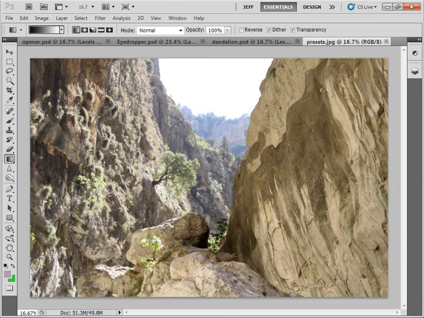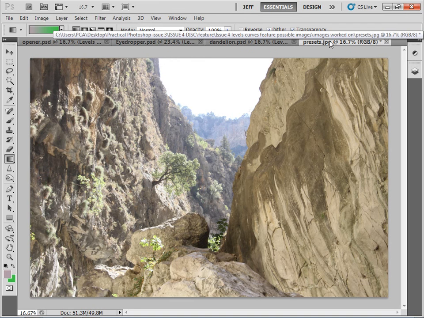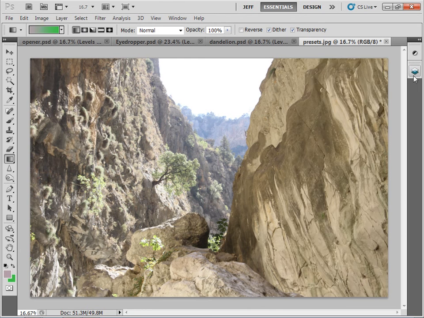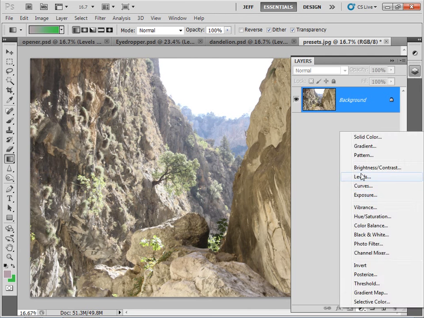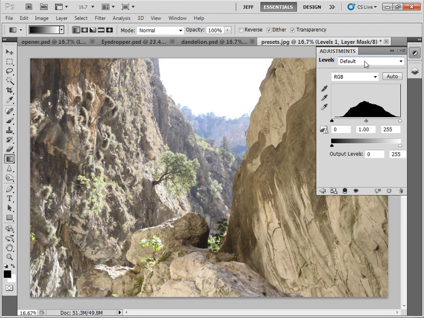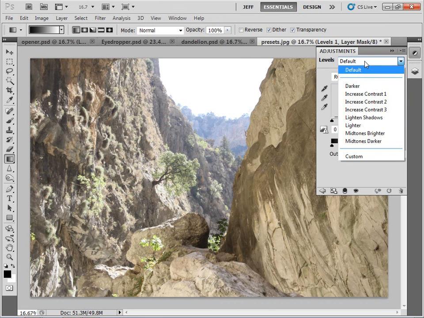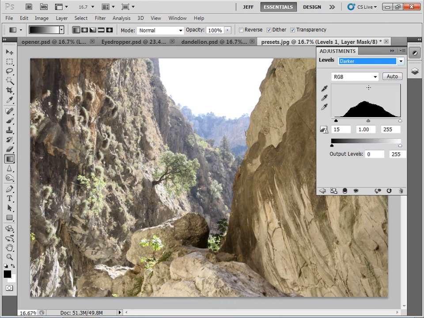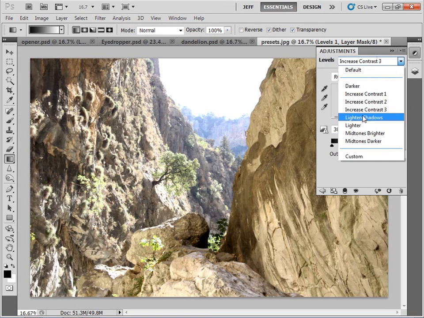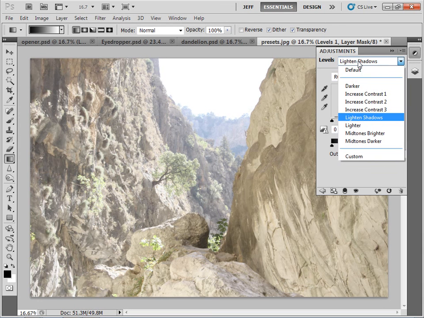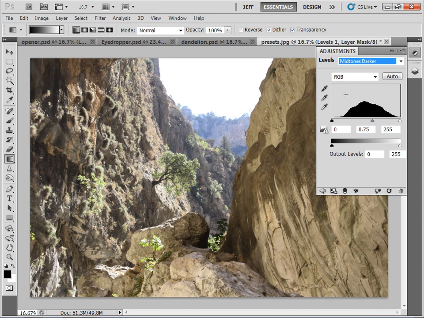Let's move on to this image. And one final tip for those who are feeling lazy or just want a quick fix, you can add a levels adjustment layer and then choose a preset from the drop down menu at the top here. So we can make the image darker, we can increase the contrast in three different ways, we can lighten the shadows. I think with this image here, if we go mid-tones darker, there we go, that's had the desired effect